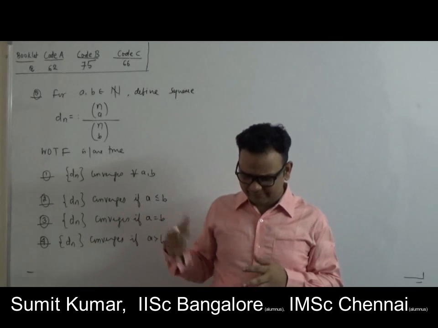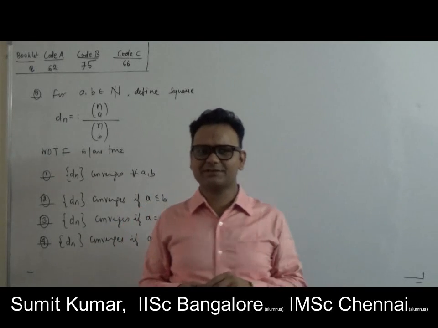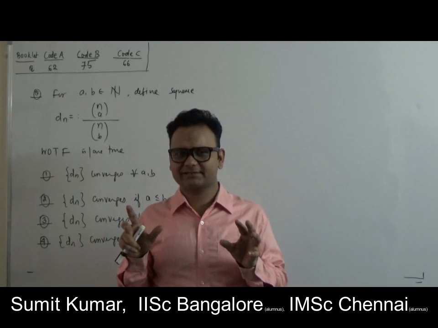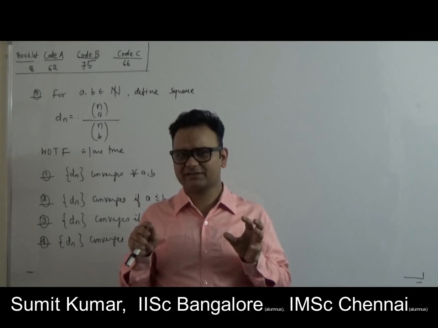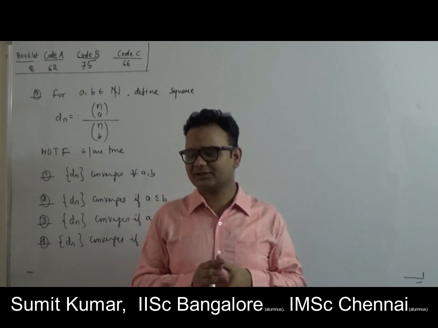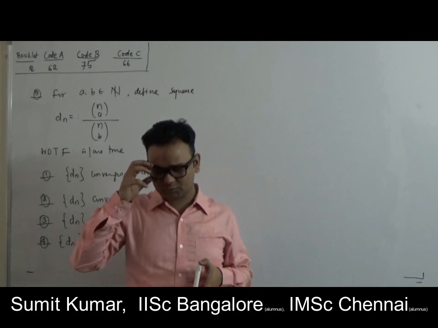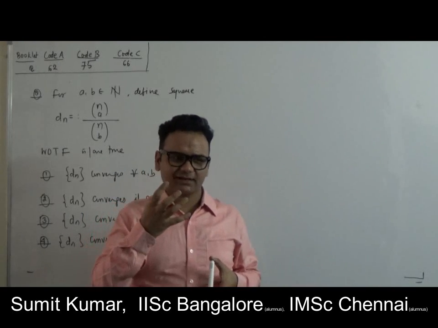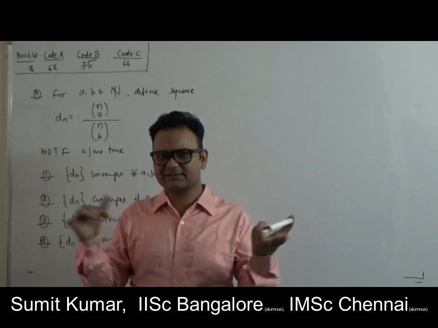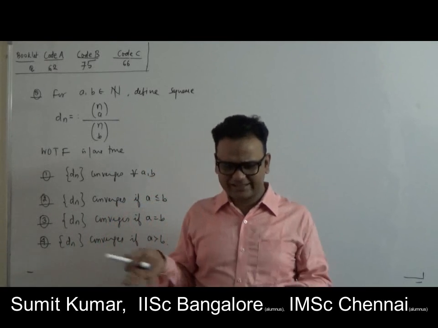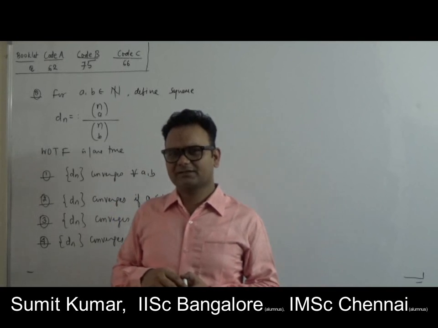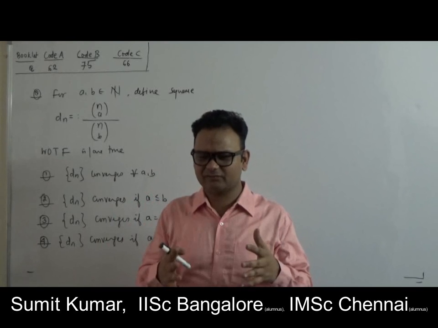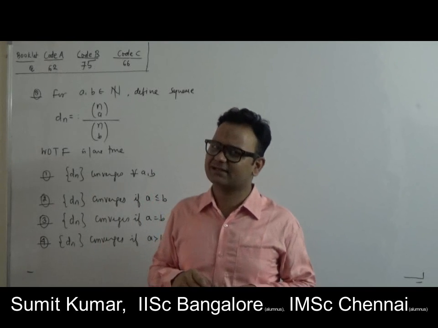The second question I picked is again very interesting. It is related to your 11-12 standard math, permutation and combination. How do you know permutation and combination? What do you mean by NCR? It is the number of ways to select R things among N things. That is NCR, and related to that, they have asked the question. Let me try to make you comfortable with why this is a very easy question.